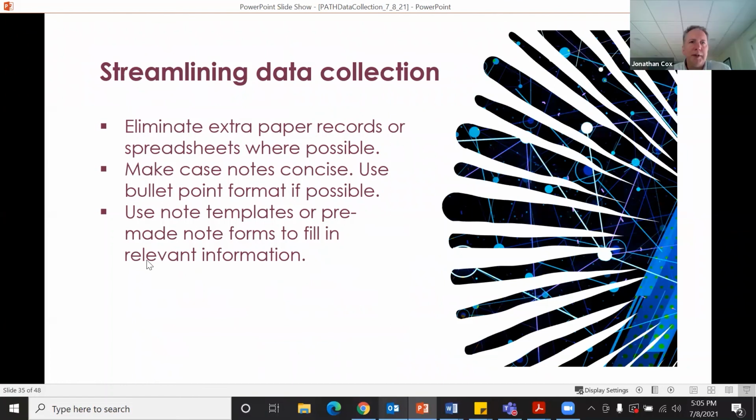Let's go to our next slide. Being organized up front helps a great deal. Our clients have to tell their stories over and over again, so eliminating